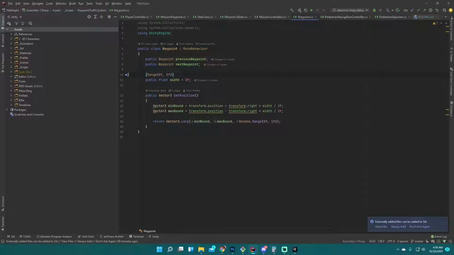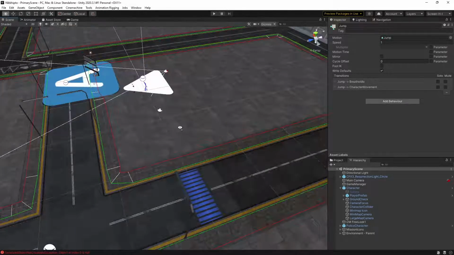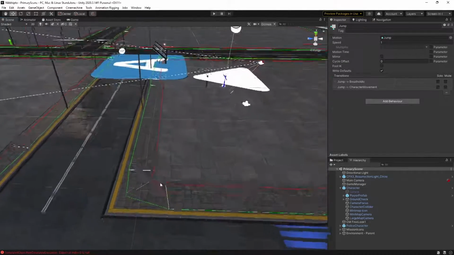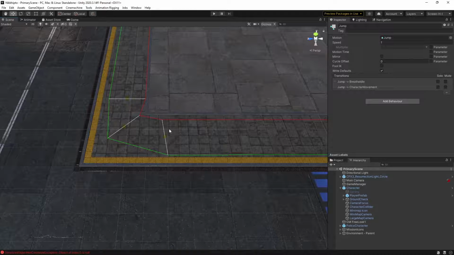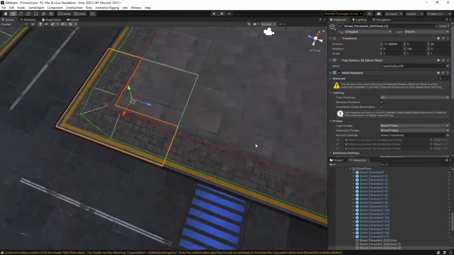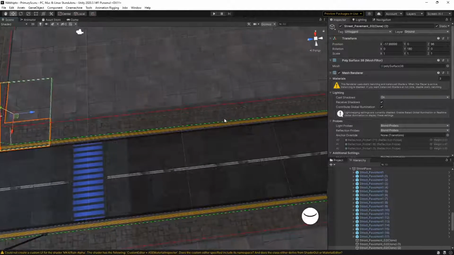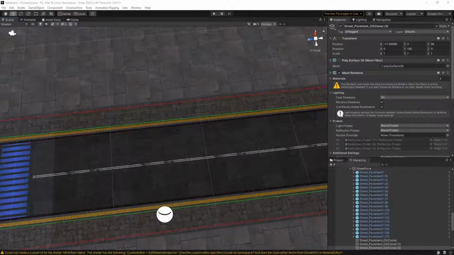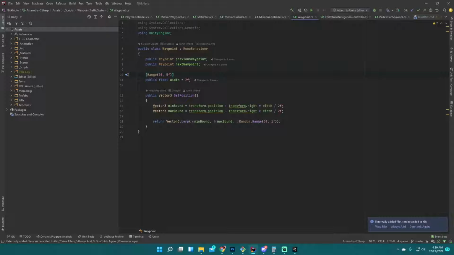The waypoints actually are... let's come to the Unity editor. Okay, here in the Unity editor, you can see these things. These are actual waypoints, the points that the character follows. And we go to the code again. In the code, there's another thing, which is